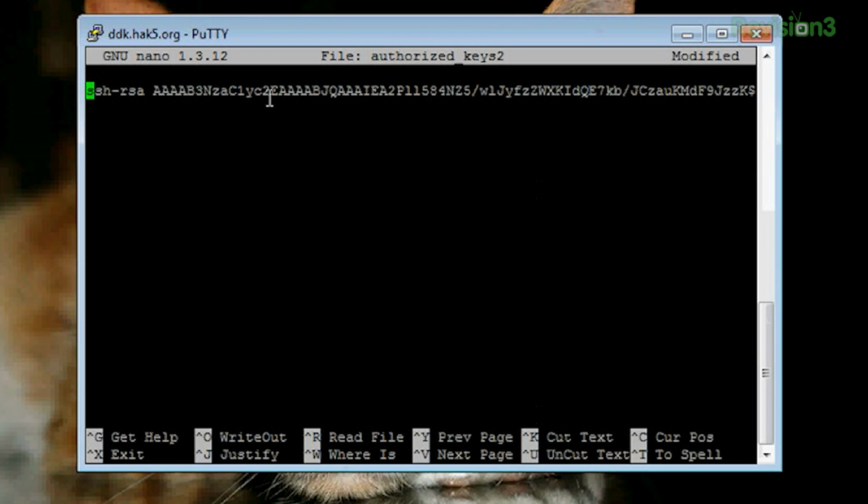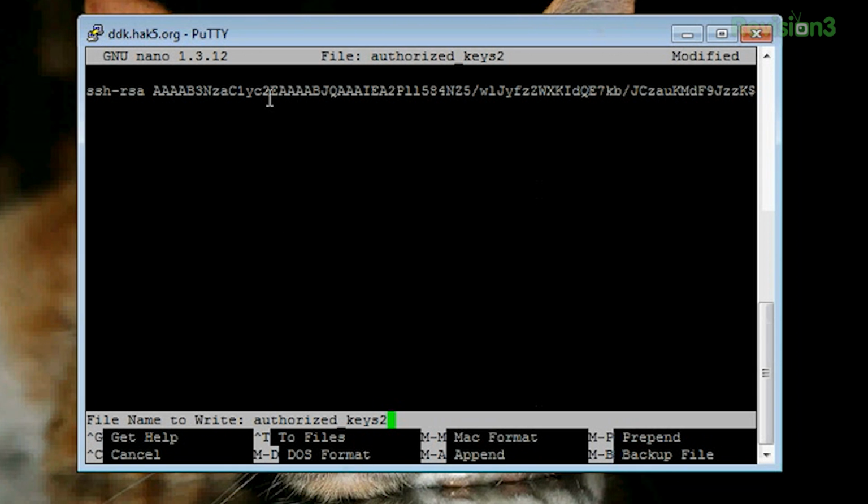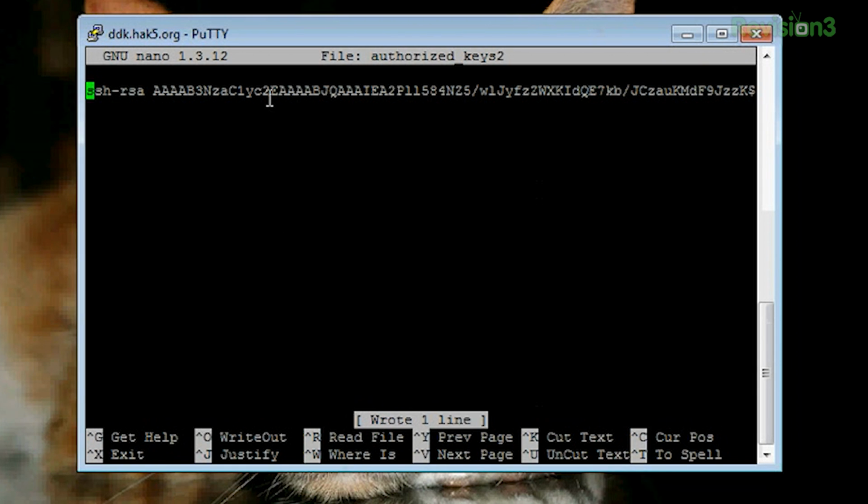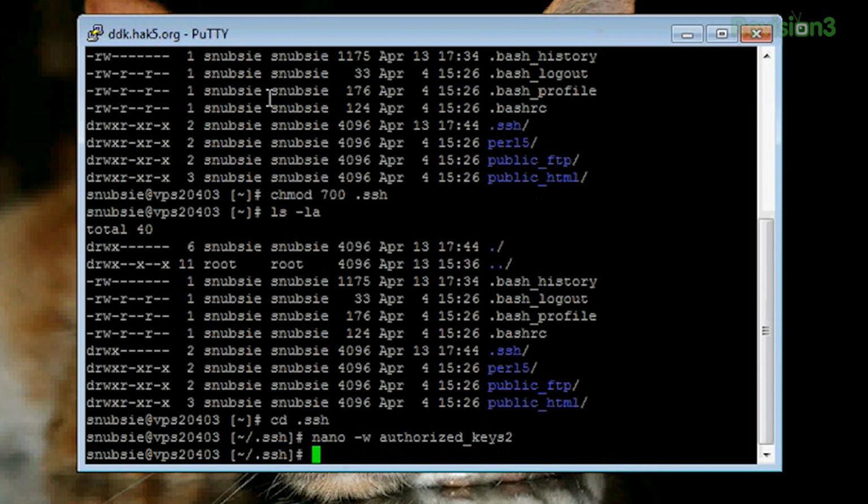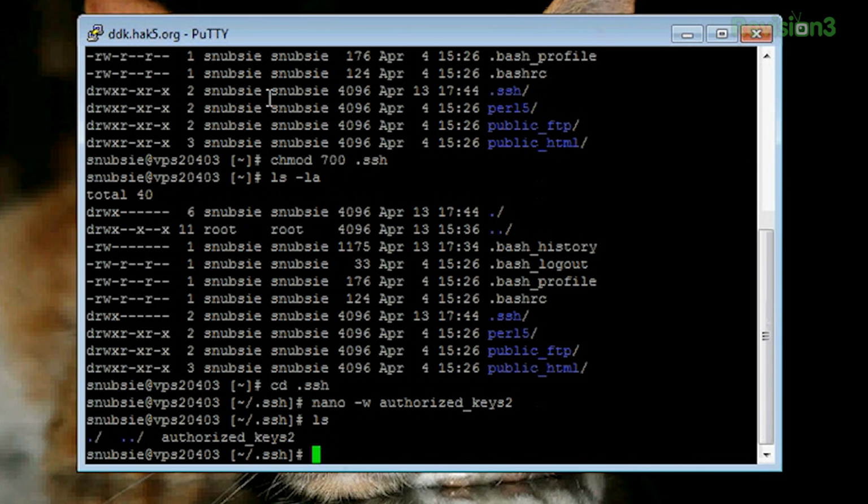And then I need to save it, so I hit Control, let's see, O, write out, which makes no sense to me. Yeah. authorized_keys2, wrote one line. Awesome. Perfect. And then Control, let's see, what's X? X to exit. Sweet. Cool. And so, if you do an ls, you'll see that it's there, and if you cat it, you'll see that it's got your stuff inside of it. I have my new file. It's all ready to go. Okay, so the public key is officially on the server now.